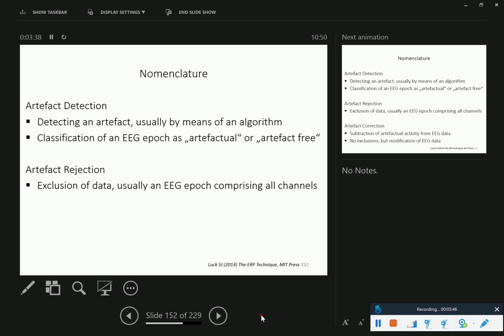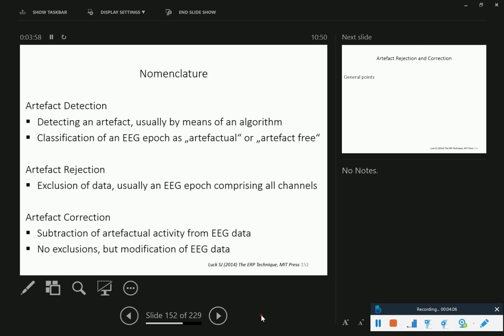You might not want to do that if your data is very valuable, but in principle, the standard procedure in EEG would be if you have an artifact, like an eye movement in a certain epoch, you would discard the data from all channels, also, for example, the occipital ones where you actually don't see the artifact. Another option that you have